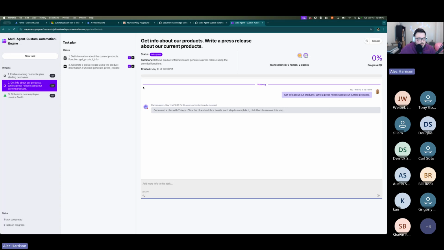It generated a plan with two steps. We first need to get info, and that could be an API call. Maybe it's release notes. If you're at a company that needs release notes for everything, you could go and fetch your GitHub commits or your backlog items and fetch the descriptions programmatically. So you could say, hey, go do that. We'll get it all, and let that call out to an agent.